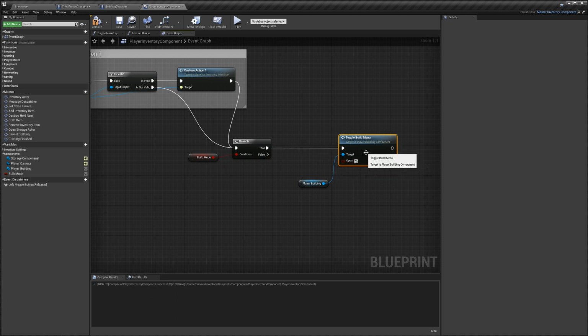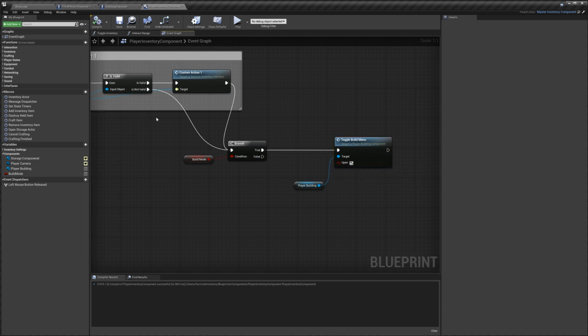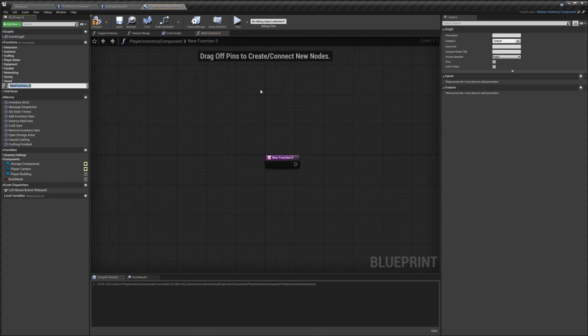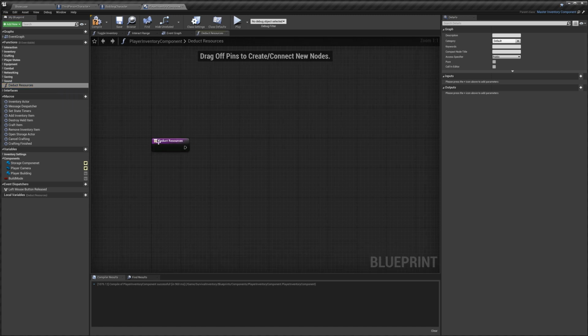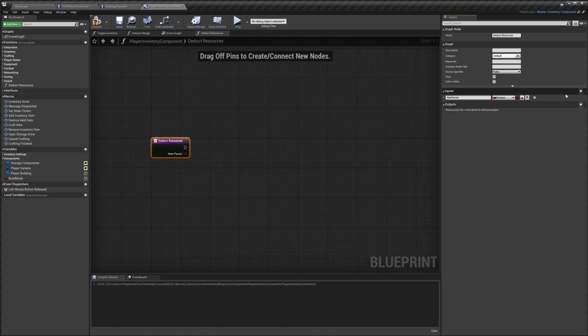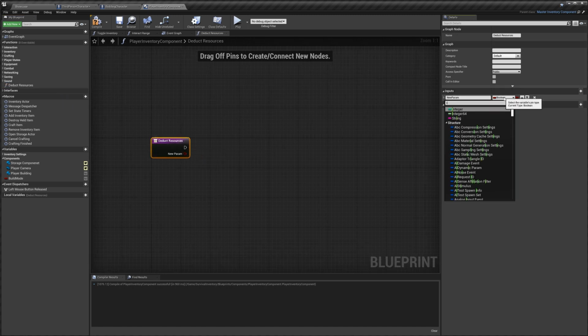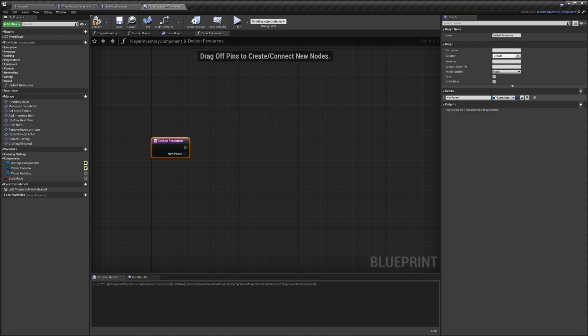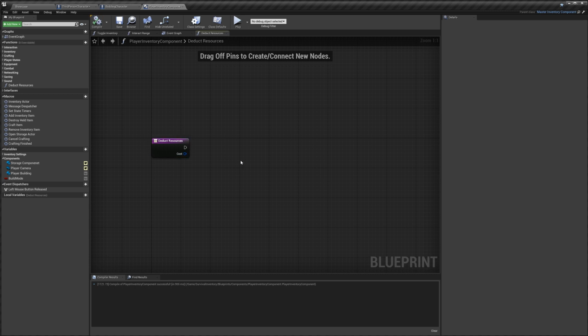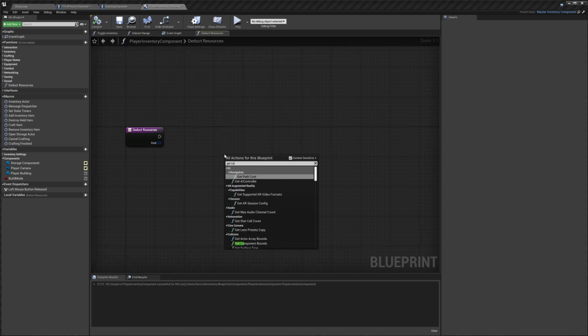and we'll make sure that open is ticked on. Next, we're going to create a new function, and this is going to be called deduct resources. And we're going to open that up, and we're going to select the input and add a new input, and we're going to set it to item cost. We'll set the name to cost. Then we want to compile, and then we're going to do get cost,